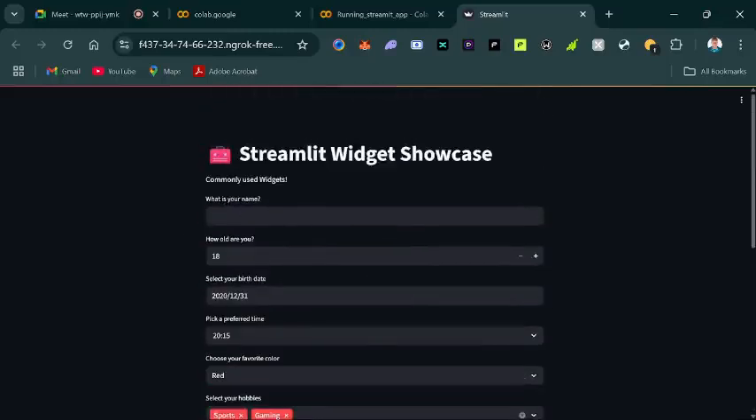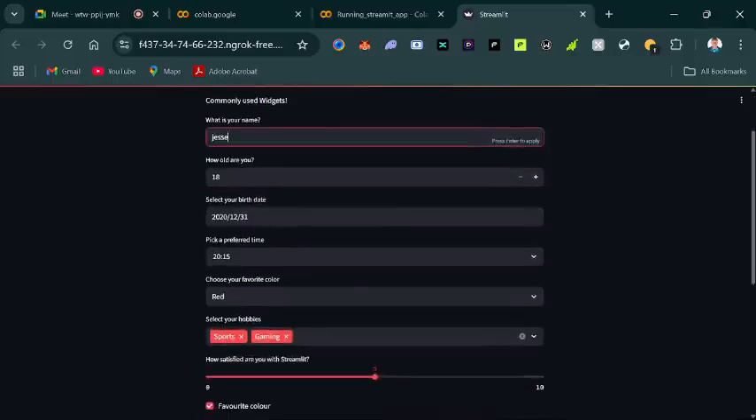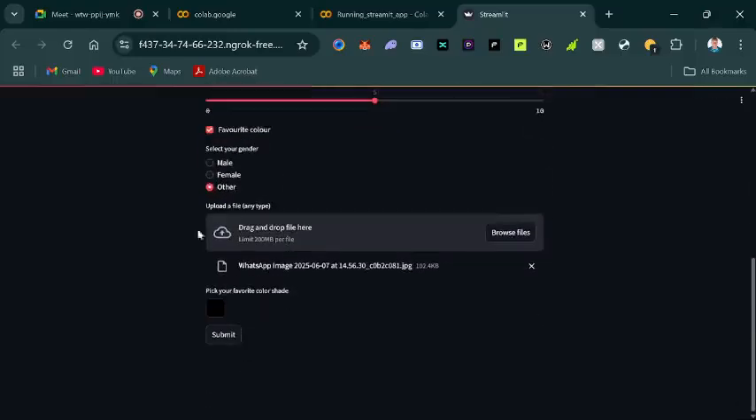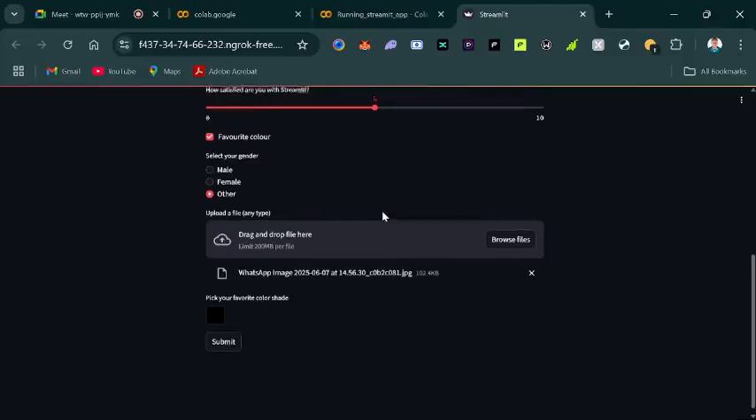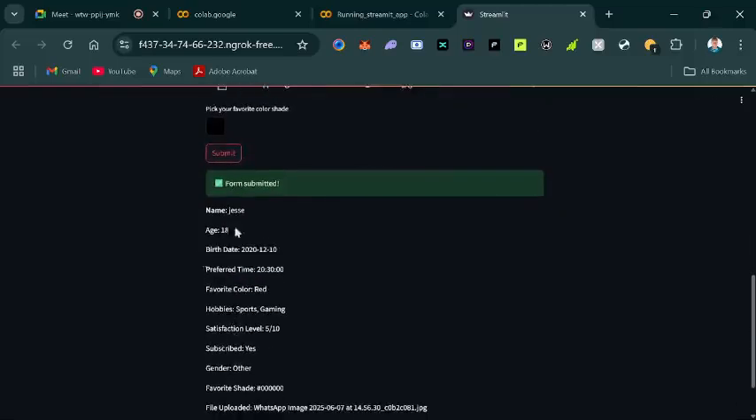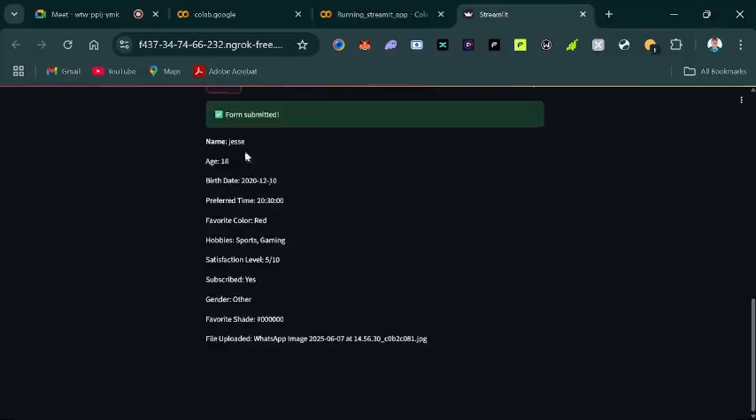So let me just fill this form. It's my name. Let me leave the age as 18. Let me change this calendar to a particular date. Let me pick anything. Then let me leave the gender as others. I've selected the file. The moment I submit, you'll see everything will be displayed. Now you can see that st.success that we wrote. We said success. Since it's st.success, you can see it appeared as